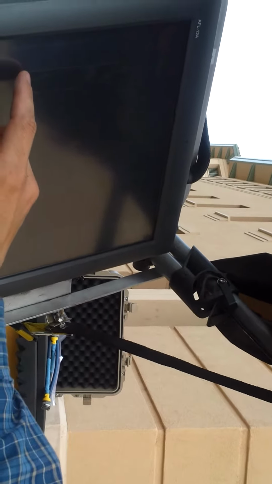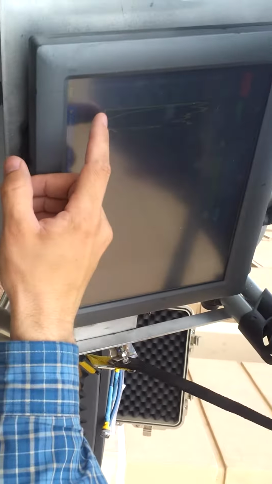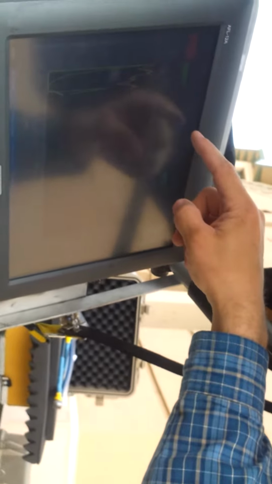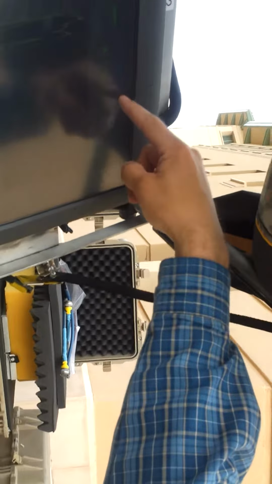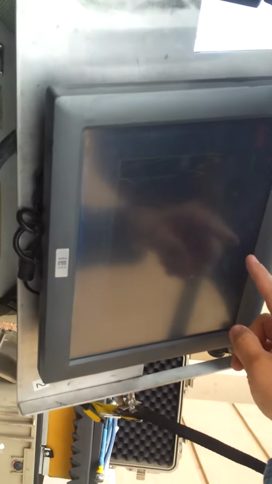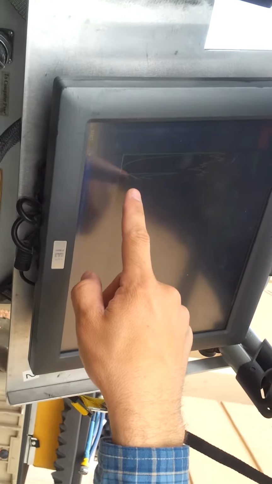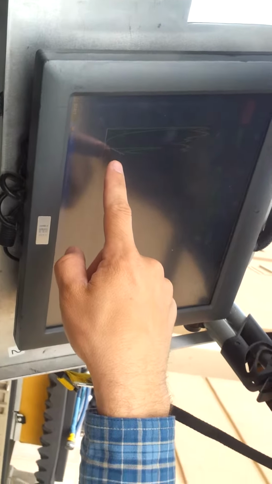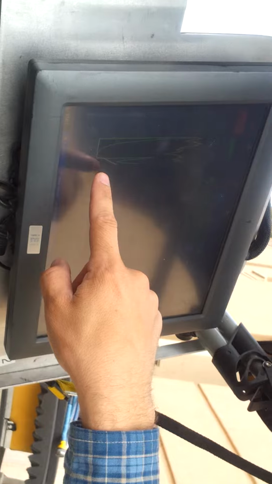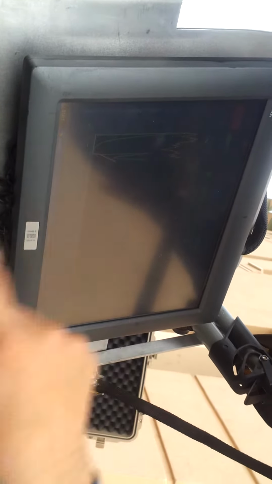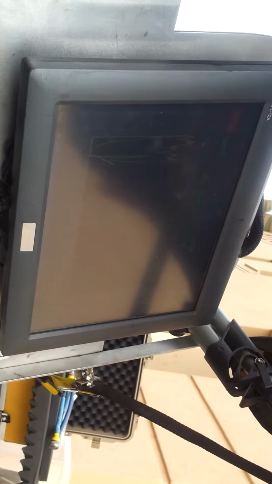Okay, so you see here initially for the first 60 seconds the motor was off, and now the motor is starting to run, and you can kind of see that the RPMs are following the target RPMs. They're a little bit behind, but they're catching up. And then you can see that same thing on the screen, that the red line, which is target RPM, is being followed by the white trace, which are the real